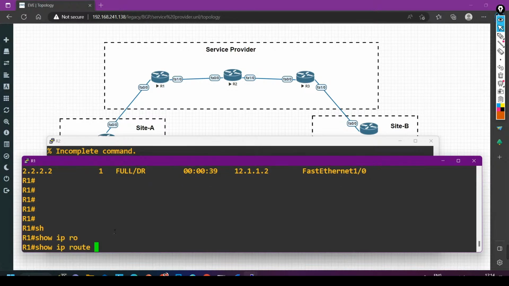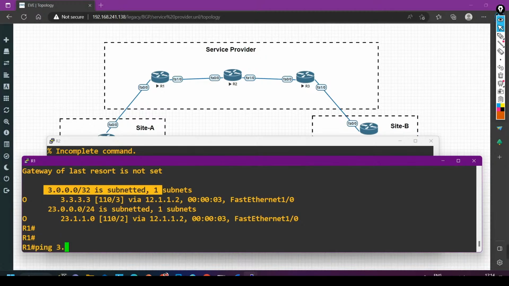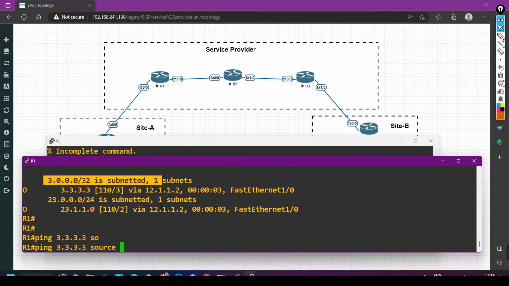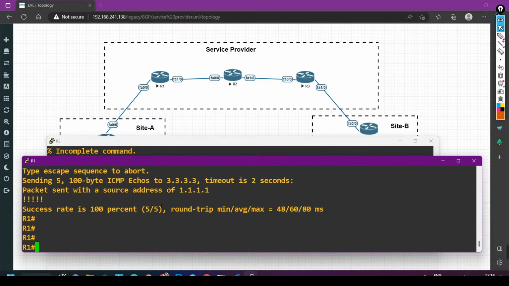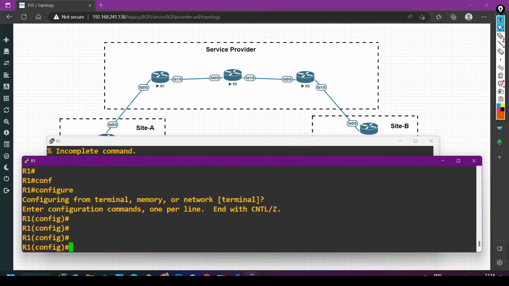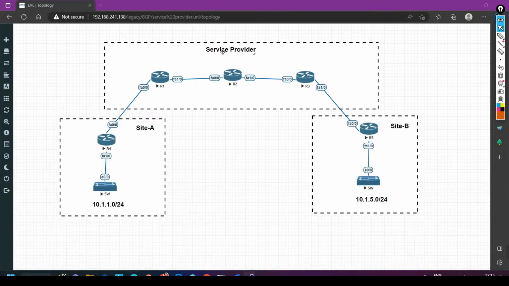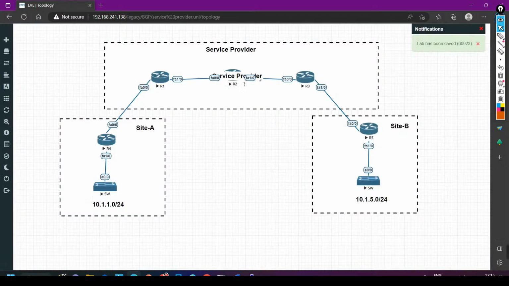Okay. 3.3.3.3 is there, yes or no? Let me ping 3.3.3.3 with source 1.1.1.1. Done. Now on router number 2 we cannot configure BGP, so I am going to form BGP neighborship between router 1 and router 3 directly. Router BGP AS number